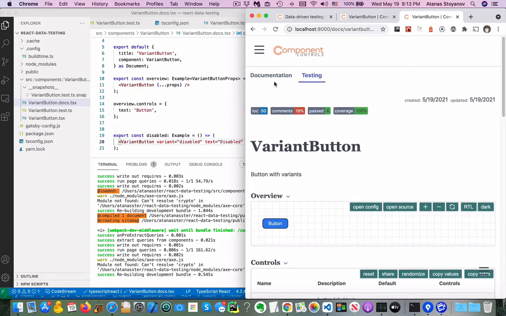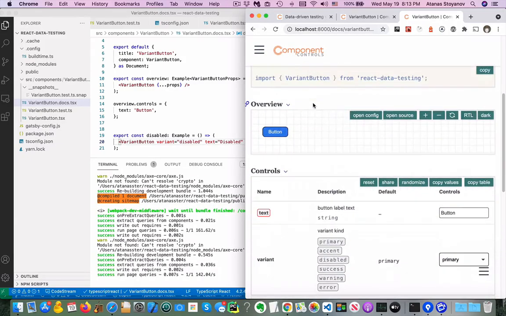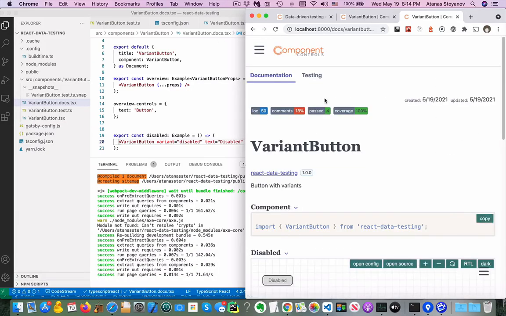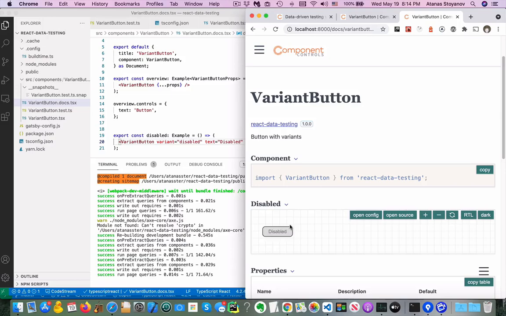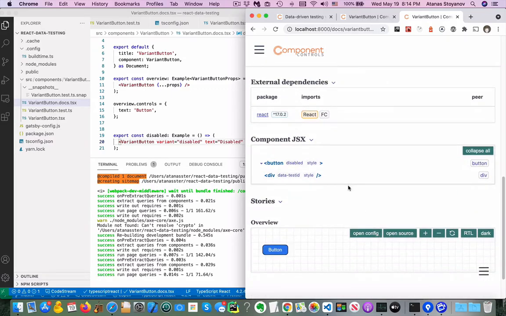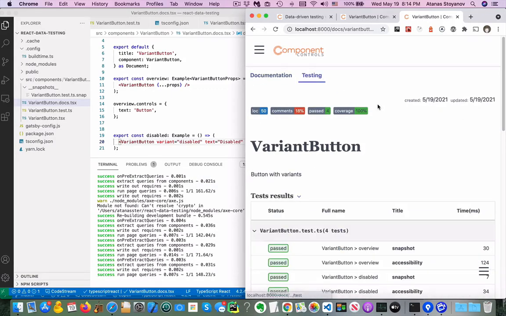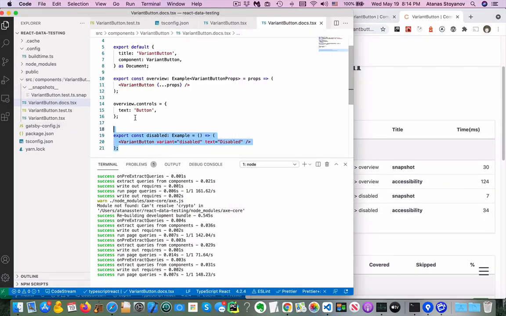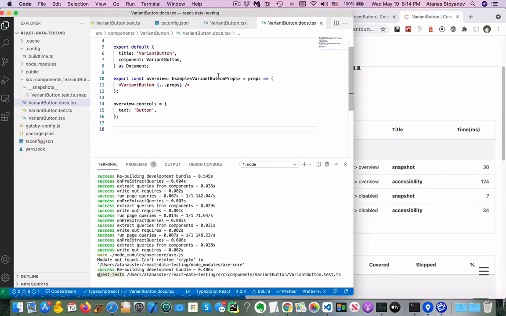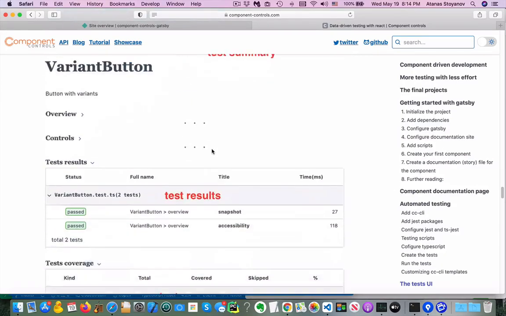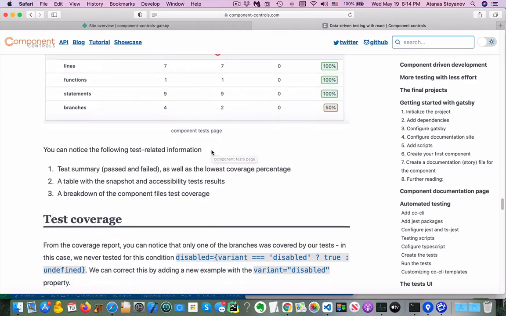And again, if you go here, you can see the example, but also let's say we can go and just visit how does it look in a disabled state. So the beauty of it is it works both as a documentation tool and as a testing tool as well. Okay, let's remove now this additional example and continue. What do we have next is